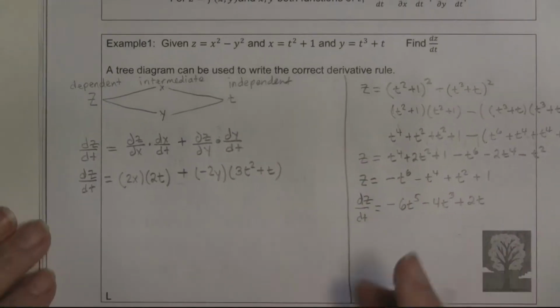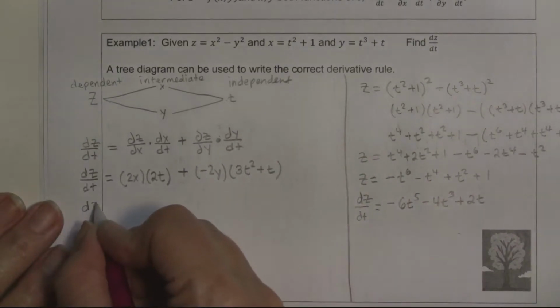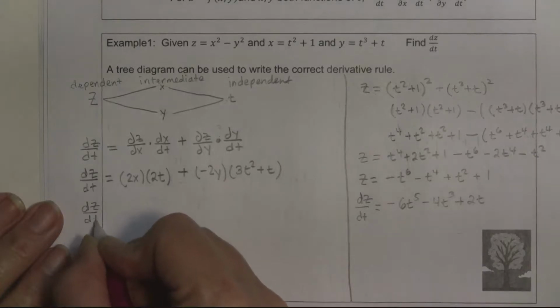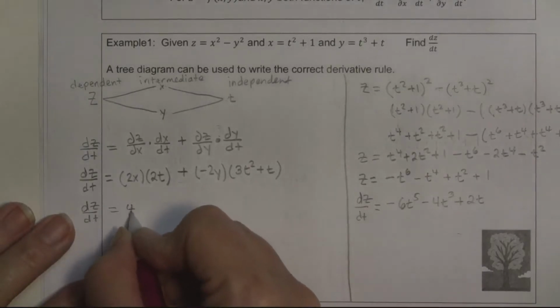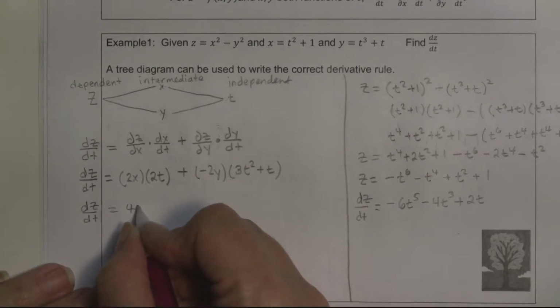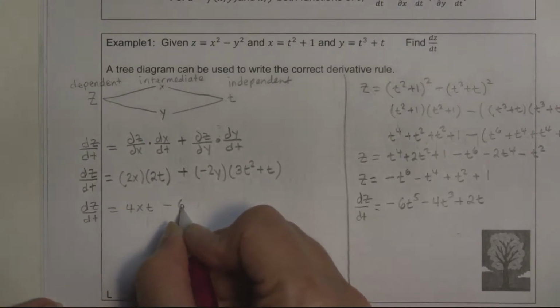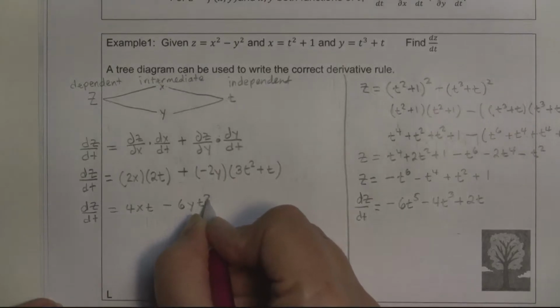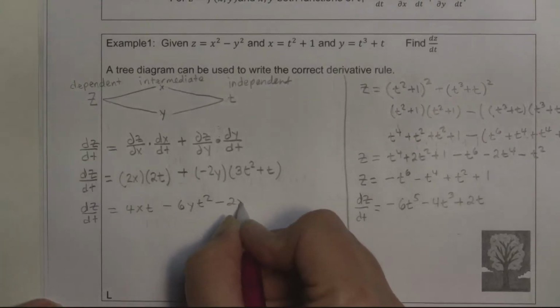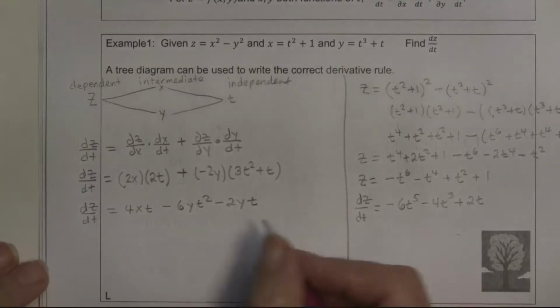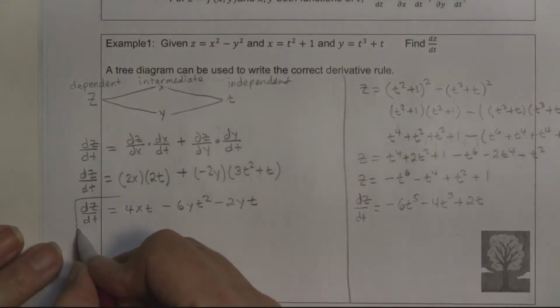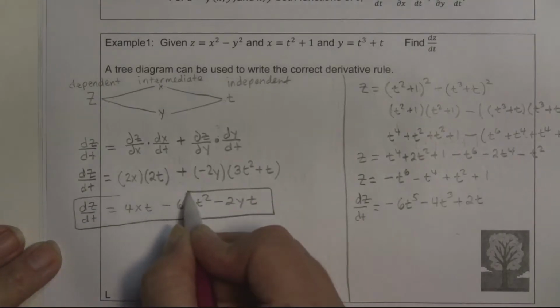And then just making it look a little bit nicer, dz dt here equals 4xt minus 6yt squared minus 2yt. So this is a good answer,